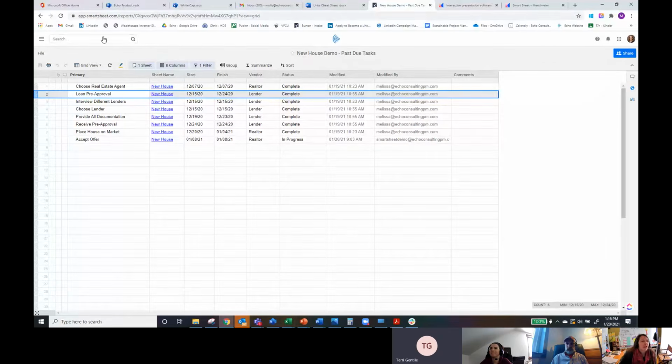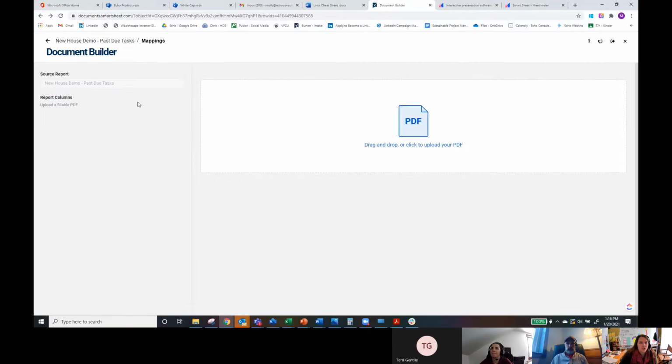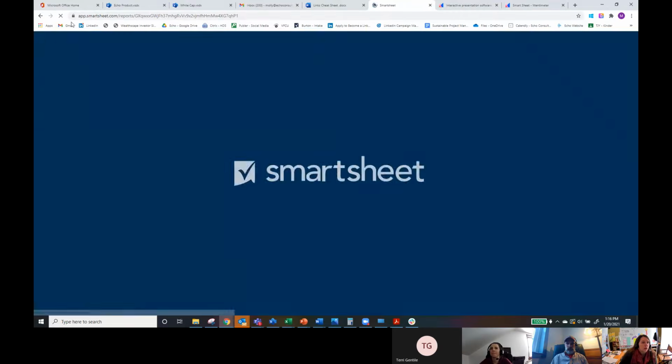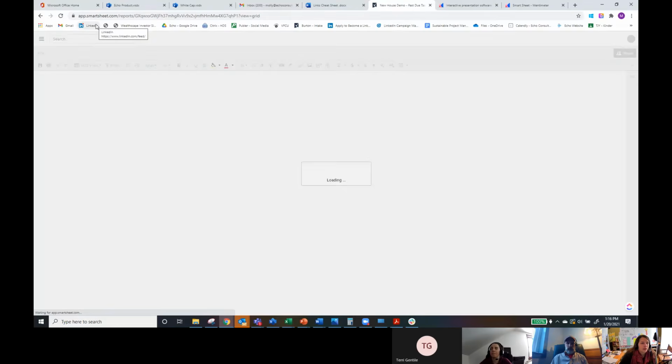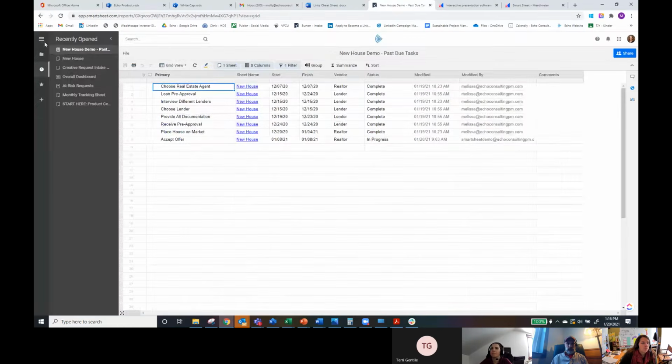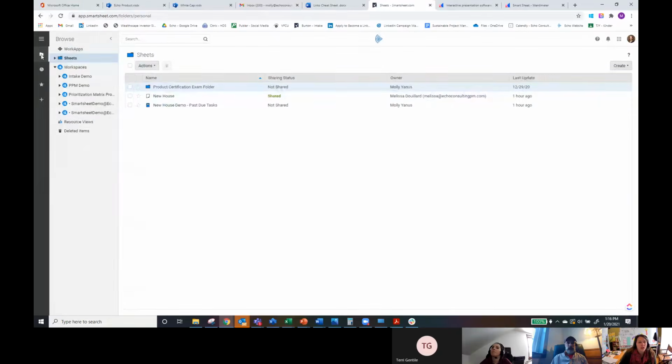Perfect. Nope, that's great. Okay, so we're going to start from a sheet and we're going to kind of just give a really quick orientation of where you are. So let's go to home. Okay, so on the left-hand side, right, you have a couple of different pieces. So I'm in my recently opened right now, but if you want to go home, this is your folder structure. So you have sheets, which is like a personal environment that you can work on sheets, and then you have